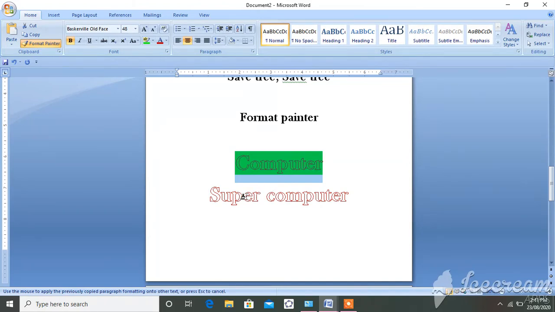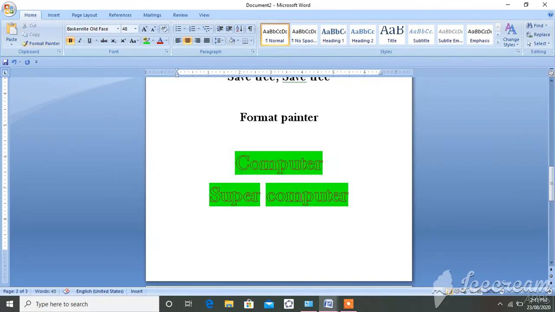Click on supercomputer. What happened? The same color gets applied to this text. How did I do it? Just select that character, click on format painter, and where you want this, click on that text or character. So the same color, same effect, same size get applied to the next word or character, and this is called format painter. Means we are copying the formatting of one text to another.